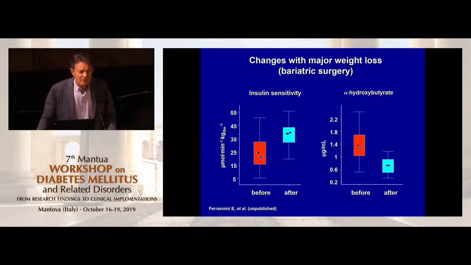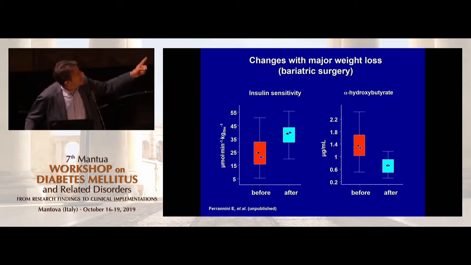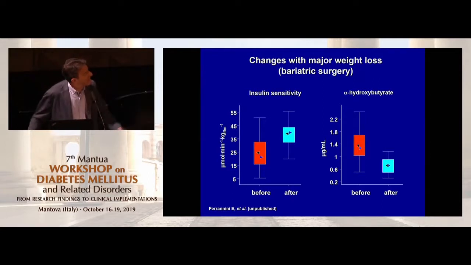We also looked at whether this was something very statistically significant, but by chance, not biologically. So we looked at patients undergoing bariatric surgery, clamped before and after surgery, who lost some 40 kilos a year after surgery. And you see on the clamp, insulin sensitivity was much improved, as expected, and the level of alpha-hydroxybutyrate, which was increased in association with insulin resistance, was actually in parallel reduced. So not only is there a marker, but this is a flexible marker.